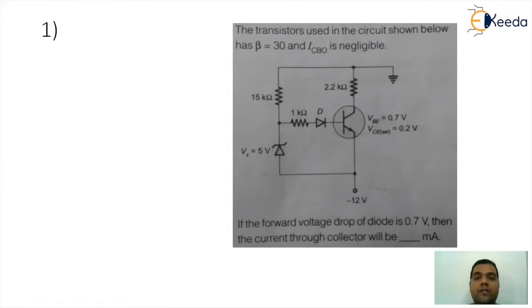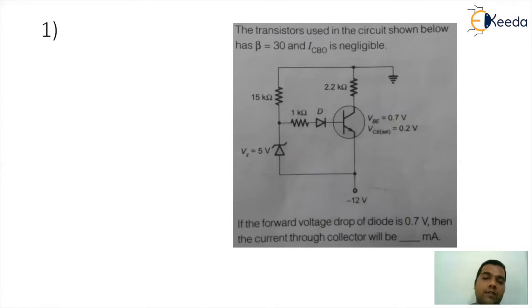At the input section, we have a 15 kilo ohm resistance and a Zener diode VZ, whose anode is connected to a negative potential of minus 12. The emitter of the device is also connected to minus 12. This implies the Zener is conducting in reverse bias mode. Automatically, the Zener voltage VZ, which is 5 volt, will be fixed for the entire operation. On the base path, we have two elements, a 1 kilo ohm resistor followed by a diode.